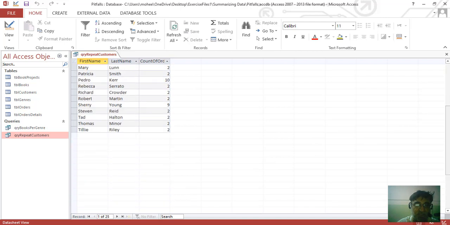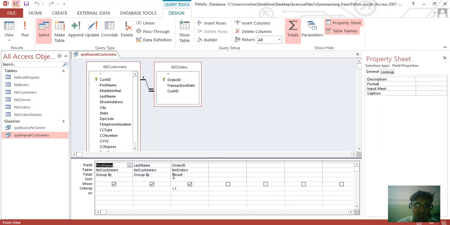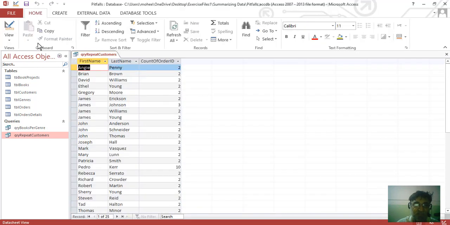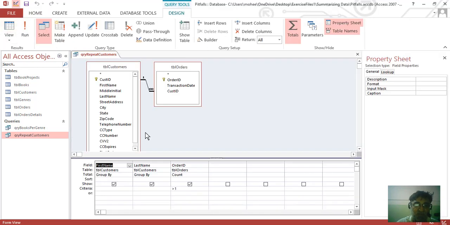As you can see, we got 25 records, and we have selected first name, last name, and the order ID. The order ID greater than 1 means the customer ordered more than one book at a time. So it happened 25 times that a customer ordered more than one book.